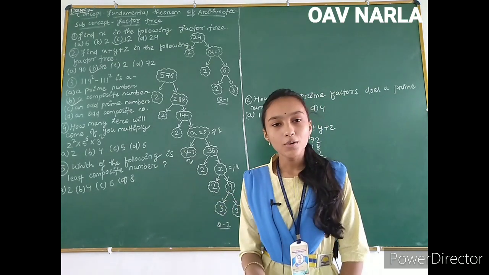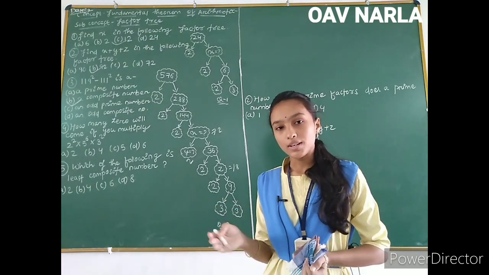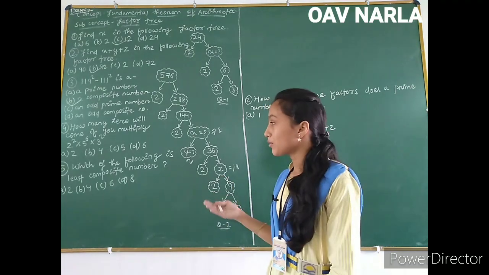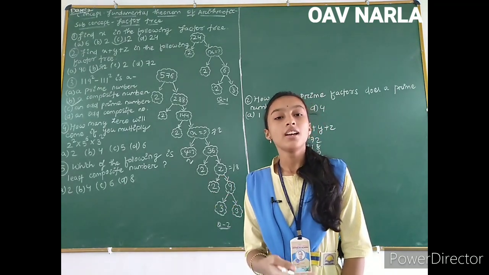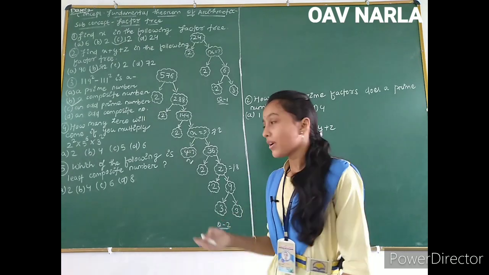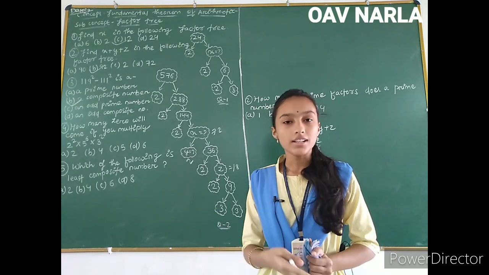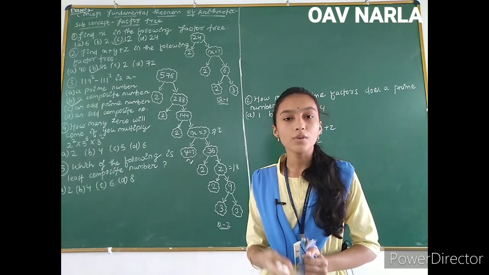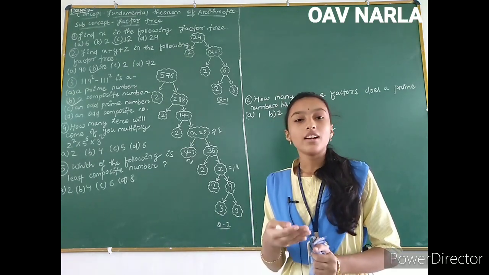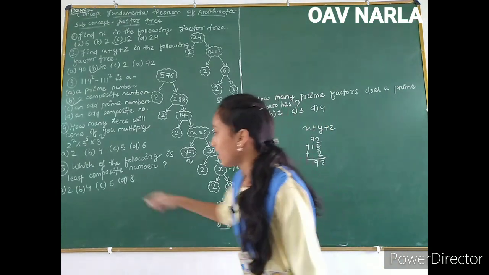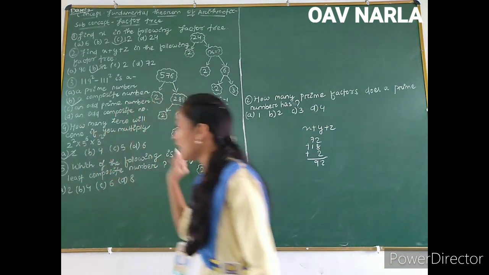If you are still in doubt, then check this by multiplying the numbers. 2 squared is 4, 3 squared is 9, and 5 to the power 6 gives you 15,625. When you multiply 15,625 with 36, you get 562,500. You can see that 2 zeros are there at the end. Option number A is correct.